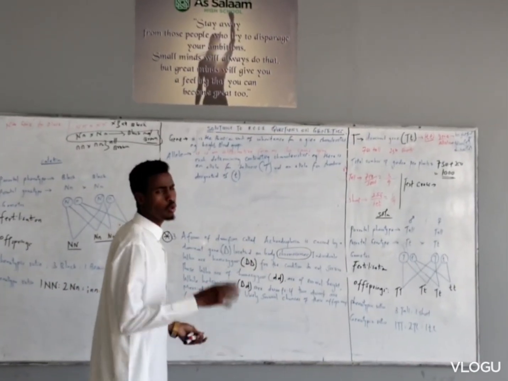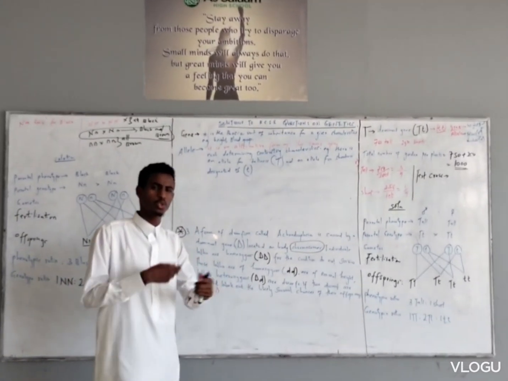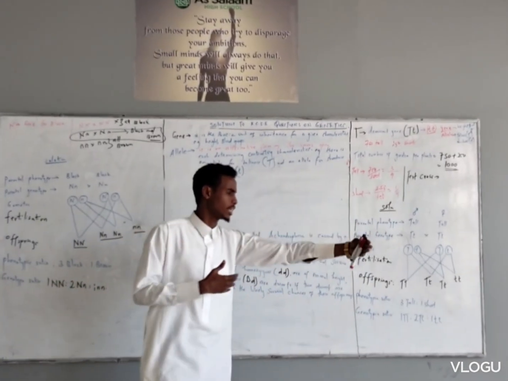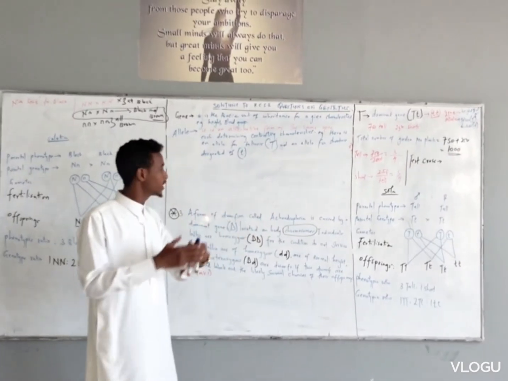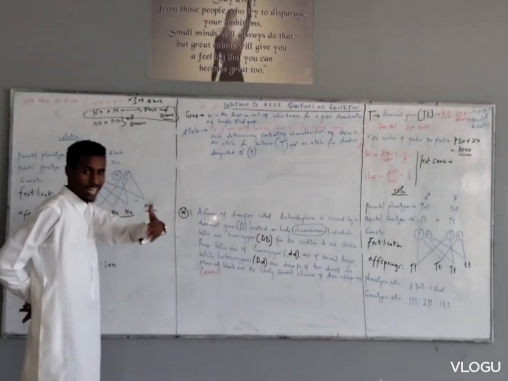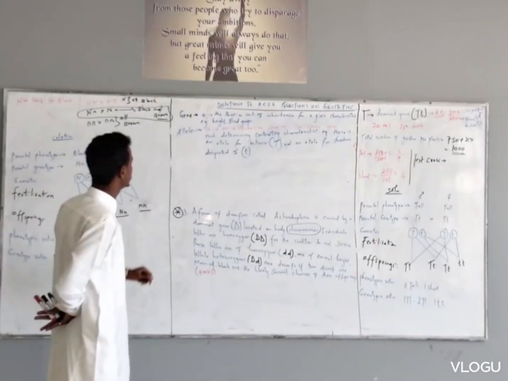Now, again, the two determine contrasting characteristics. You know about contrasting: two things which are opposite to one another. We have a short and a tall. Those are two contrasting. Black, white, contrasting. When we say contrasting, these two should be opposite to one another, and an allele corresponds to such.